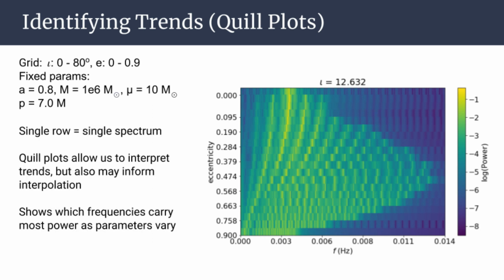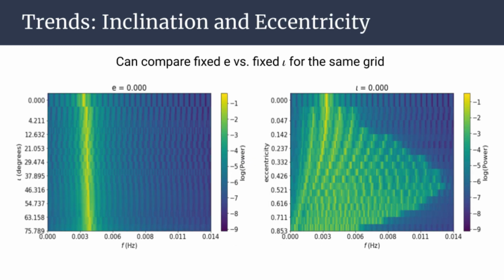A single row of this plot corresponds to one power spectrum. Not only are these a nice way to visualize spectral trends, but they may inform whether or not we can interpolate spectra as a function of astrophysical parameters, something we hope to look into further. They also allow us to see which frequencies carry the most power as parameters vary, which could be useful for informing numerical waveform generation. Again, we can use these plots to visualize trends, but also to verify Drasco's description of